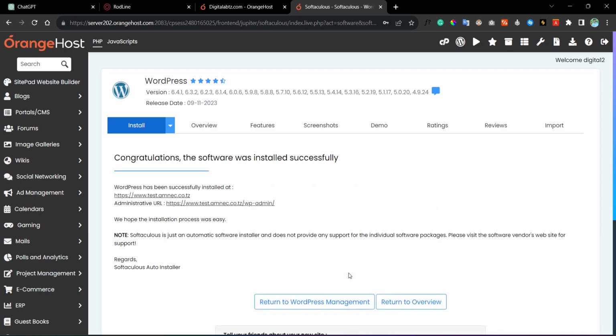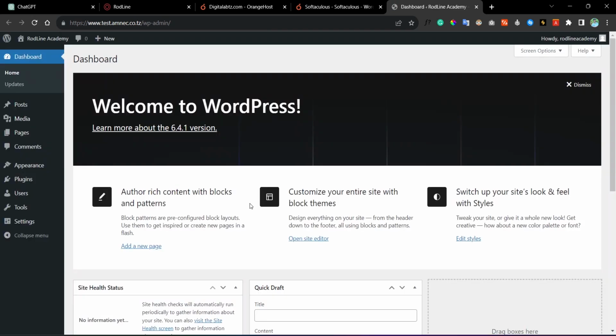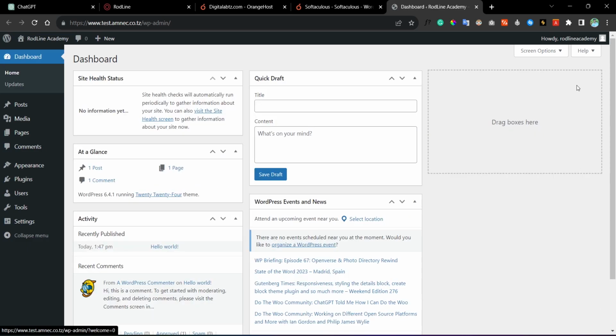Wow, now the installation is done successfully. So we're going to access the WP admin. Okay, as I click there, it means we should have a WordPress dashboard. So friends, phase 1 here. So this is the WordPress dashboard. Okay, after accessing the WordPress dashboard, we're going to follow a few steps to make sure that we get started with